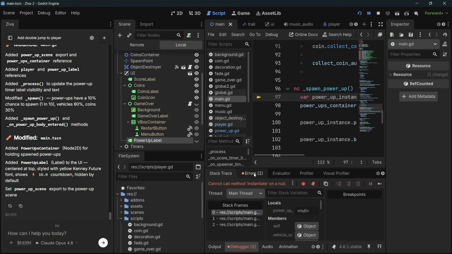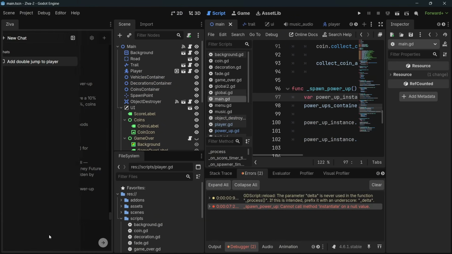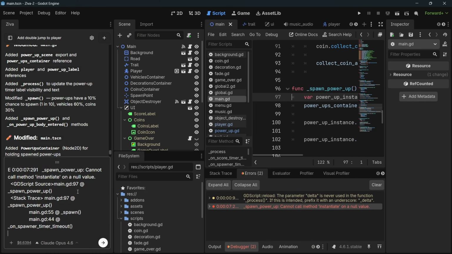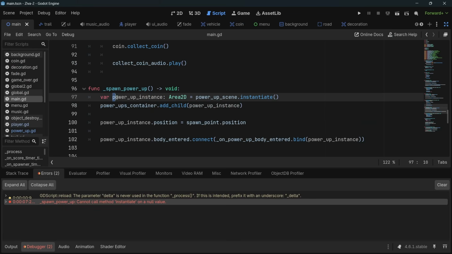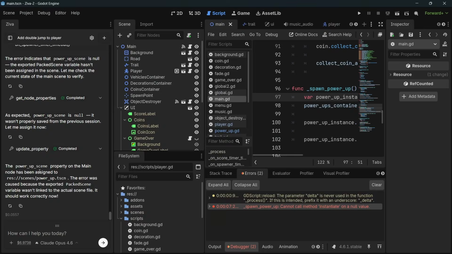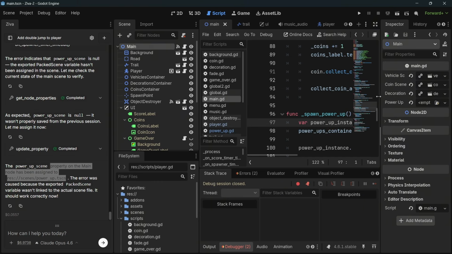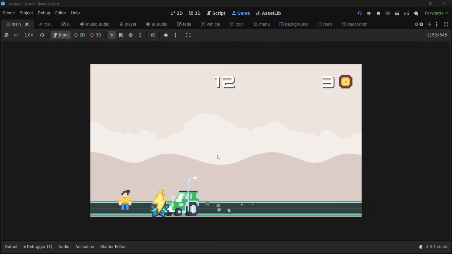Now it seems that here it dropped me an error while playing. So what I'm going to do is copy just this error and send it right over here. By the way, Control V at the moment does not work, so you have to right click, paste, and send it. As it says over here, it's usually because this power up scene has not been loaded in the inspector, so that's probably the issue. And it seems that this is what was done. But it's still giving me this error, so let me check it myself manually. It seems that no, it had not been able to assign it for some reason, so I'm going to do it manually. Here we go. I've collected, and right now as you can see I have double jump speed,